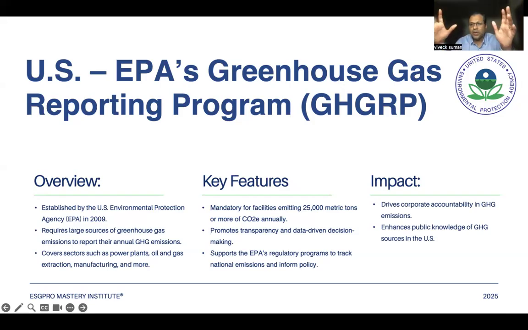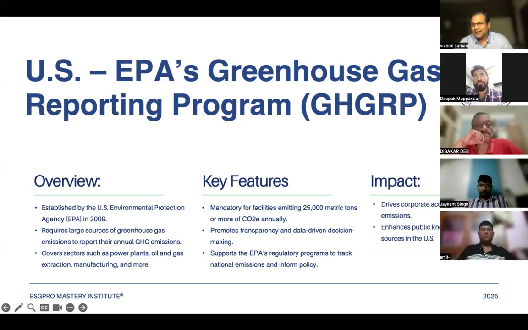And we are going to talk here about one of the most pivotal tools in the United States today, which they are using to track and tackle their climate accountability. Even though you are hearing Trump doesn't want it,